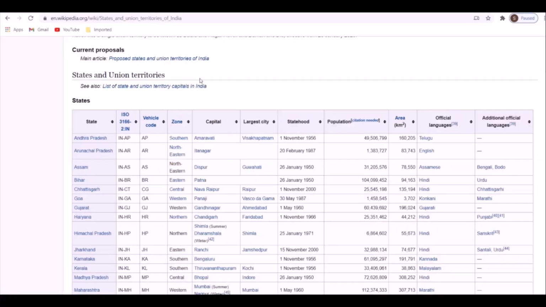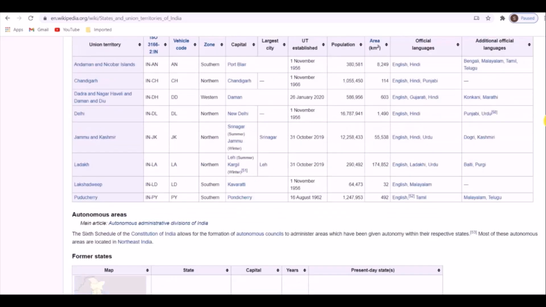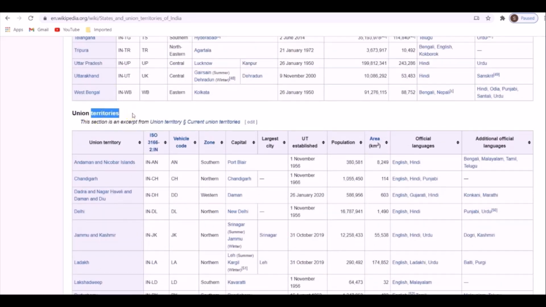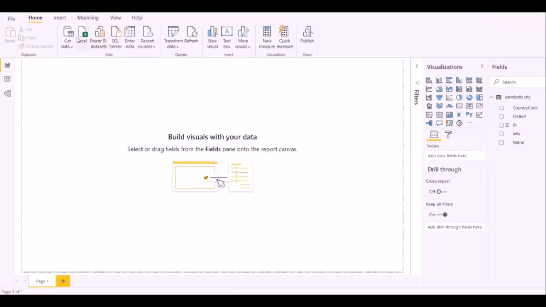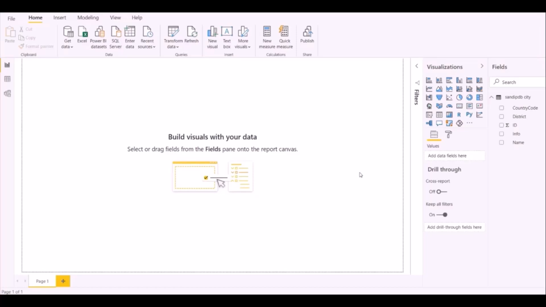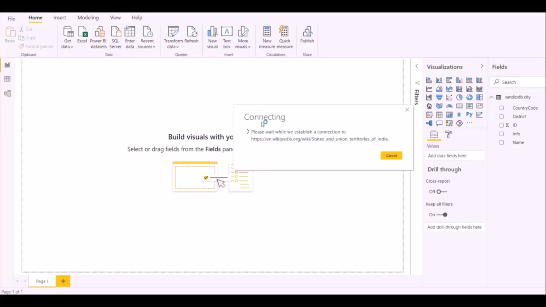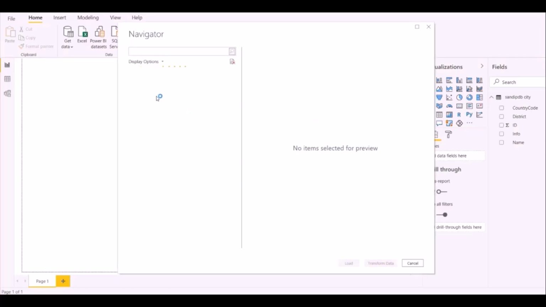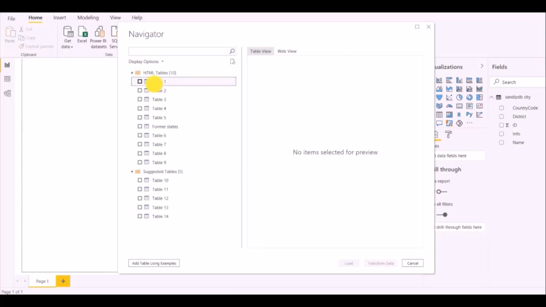You can see. Now let's import the table from web URL. Here there are so many tables on Wikipedia. So just select the URL and go to Power BI. Go to web option from get data. Paste URL over here. Click OK. It is connecting to the web page. It will show you all the tables which are present in particular web page.